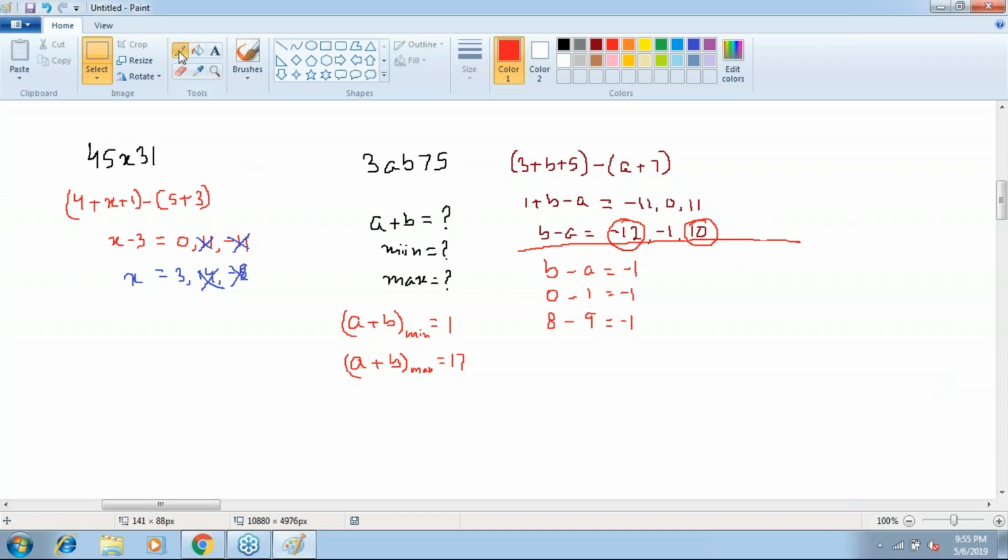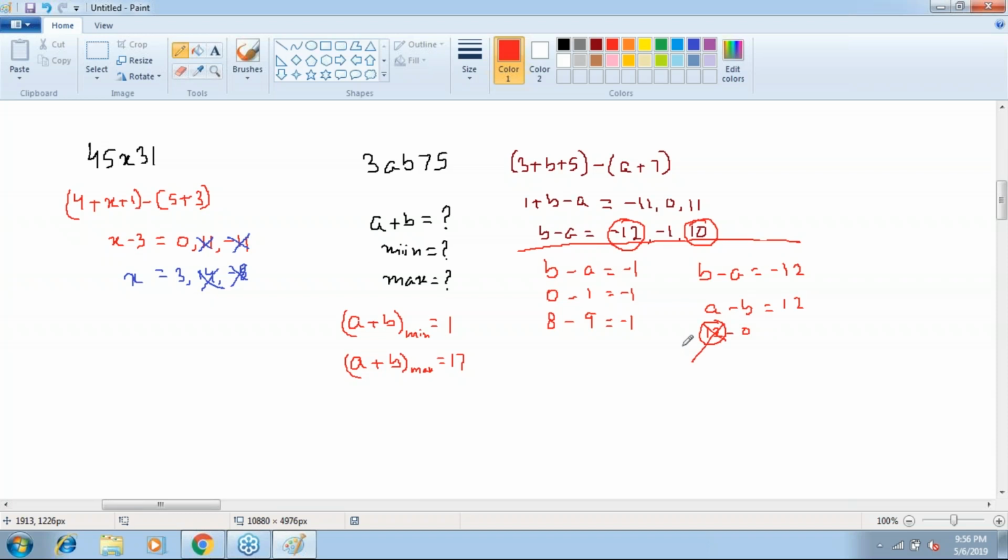Okay, so for b minus a to be minus 12, or basically a minus b to be 12, a and b have to be at least 12 and 0. How can a be 12? A is a digit. A digit cannot be 12. A digit is only among 0 to 9,